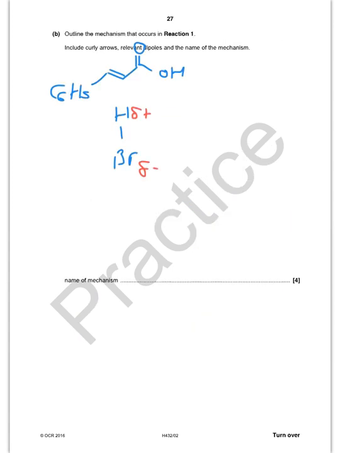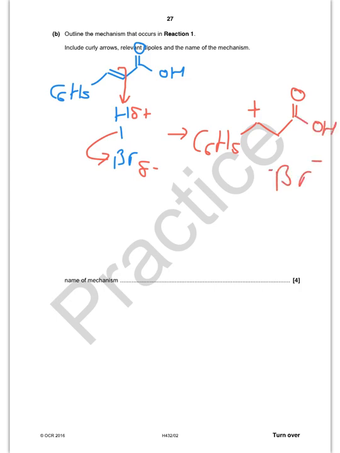Okay, so here we go. I'm going to do an electrophilic addition now. The electrons are going to come out of my double bond, go to form a bond with the hydrogen, and that bond is going to break like so. So I end up with C6H5. You've then got your positive charge on that carbon there. Your hydrogen's added to that carbon of the double bond there. You're left with Br minus with your lone pair of electrons there, which is going to go to that carbon there to give you your product like so,